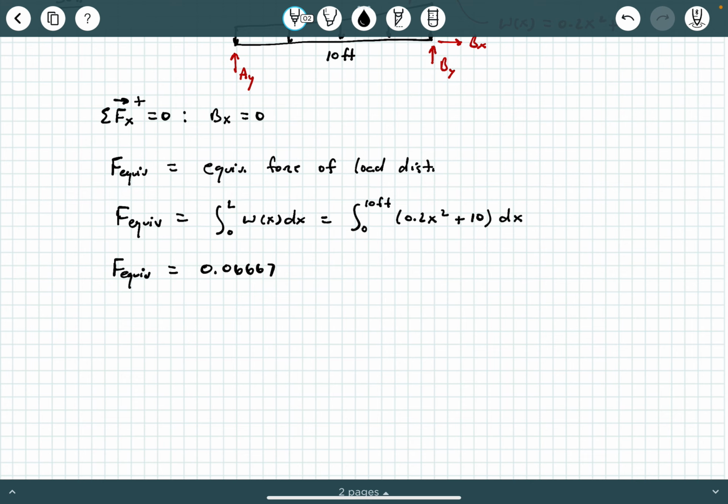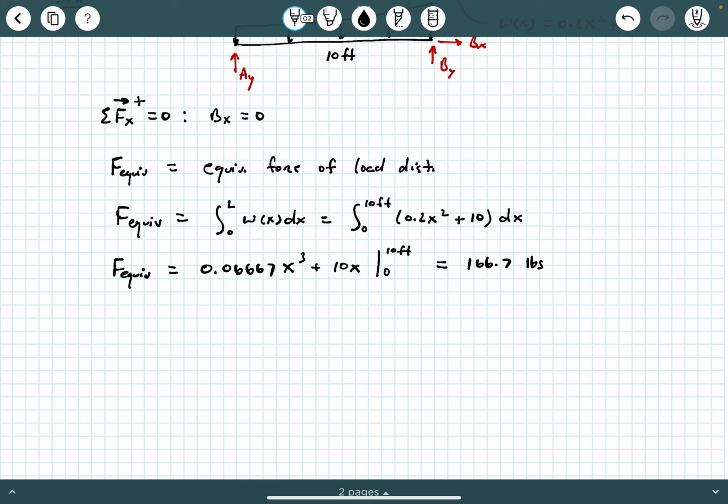0.06667 x cubed plus 10x evaluated from 0 to 10 feet. So a nice little refresher of basic calculus 1 or calculus 2, you should get 166.7 pounds as that equivalent point load, okay? Now what we need is the location of that point load, because we need to use that location as our